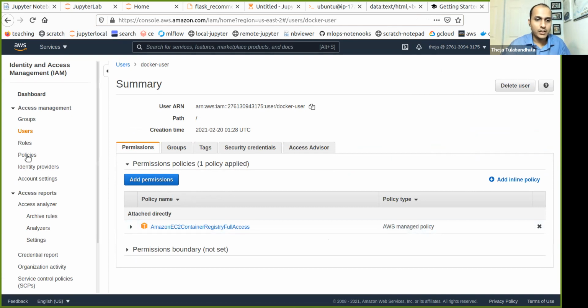Okay, so now what we'll do is use AWS CLI to be able to log in using Docker. So let's do that.